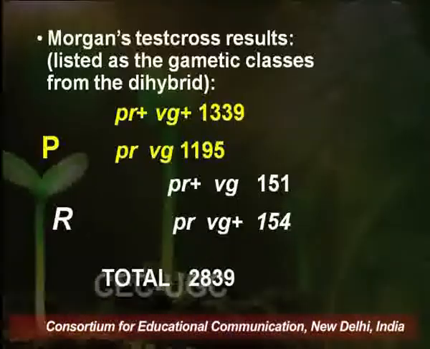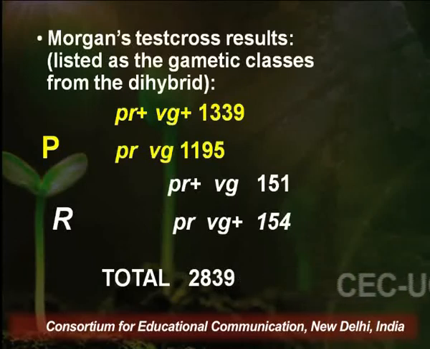So there we had two sets of meiosis to consider, one from the male parent and one from the female. Here we are considering only one parent because we are interested in the genetic constitution of that dihybrid. We already know the constitution of one of the males, and that is the tester male. So when Morgan performed this test cross, and what he got was a total of